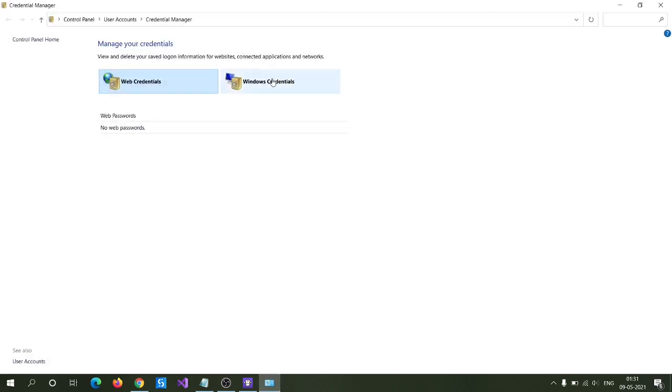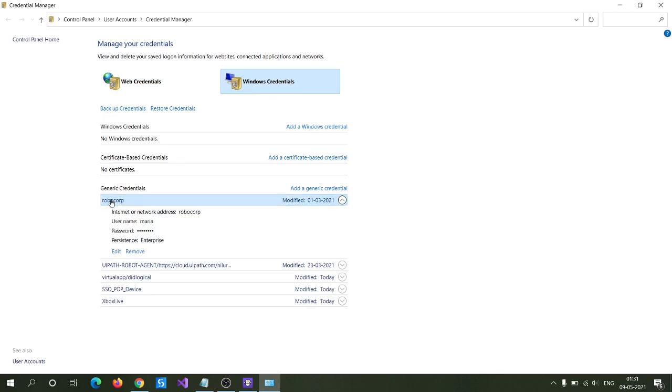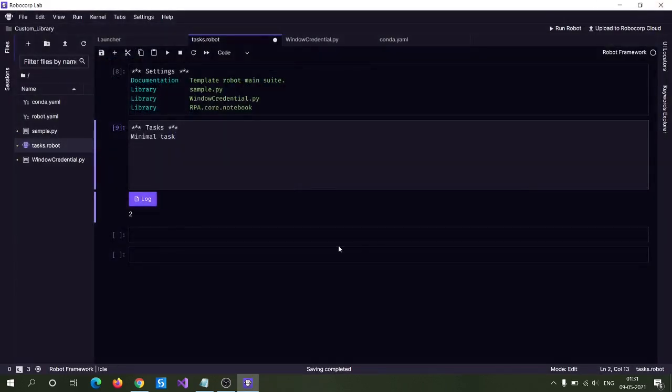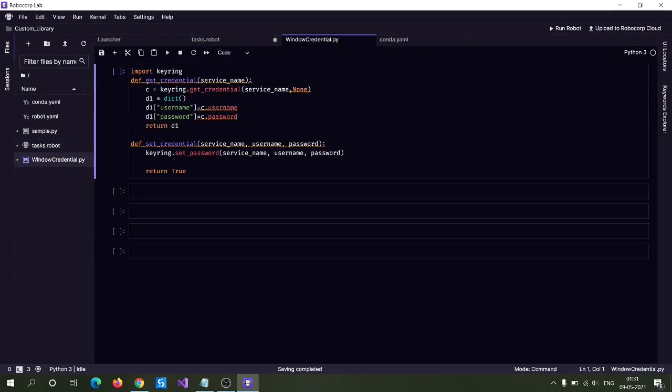You can see under Windows Credentials, I had created a credential called Robocop. Now what I want is to retrieve the username and password. For that you can use the get credential function.